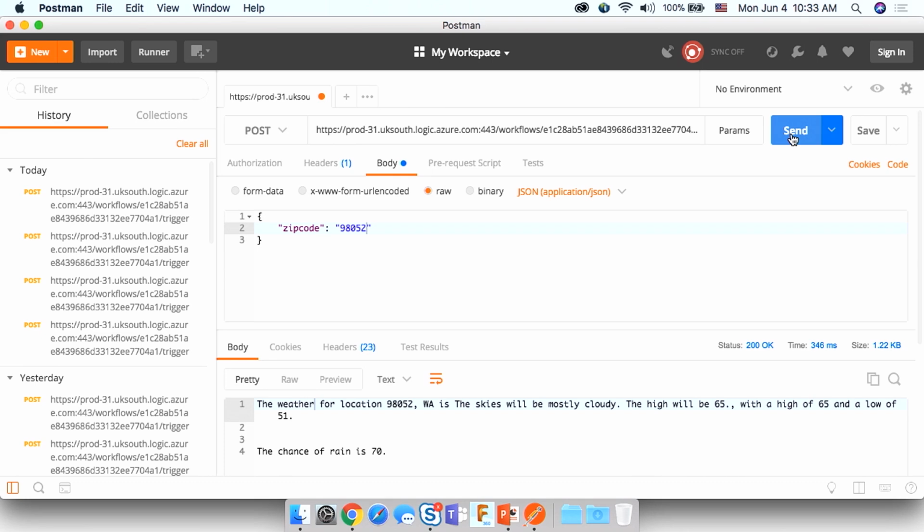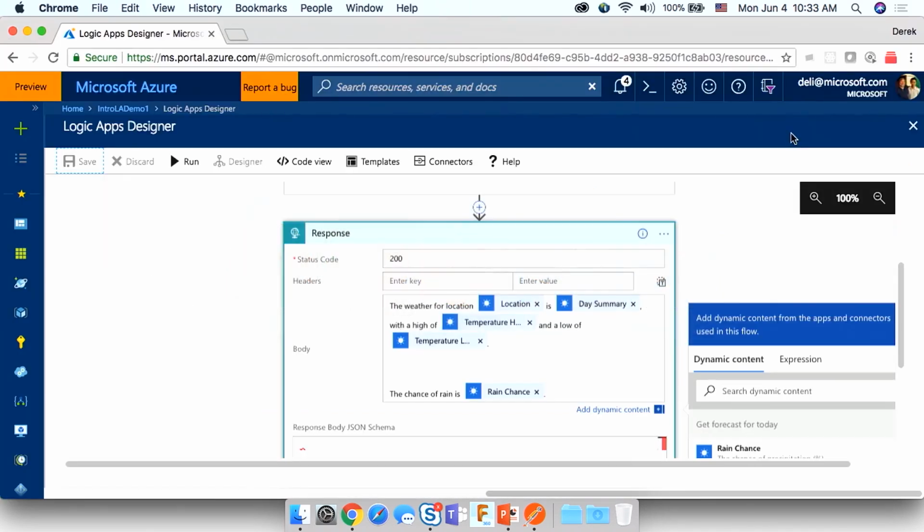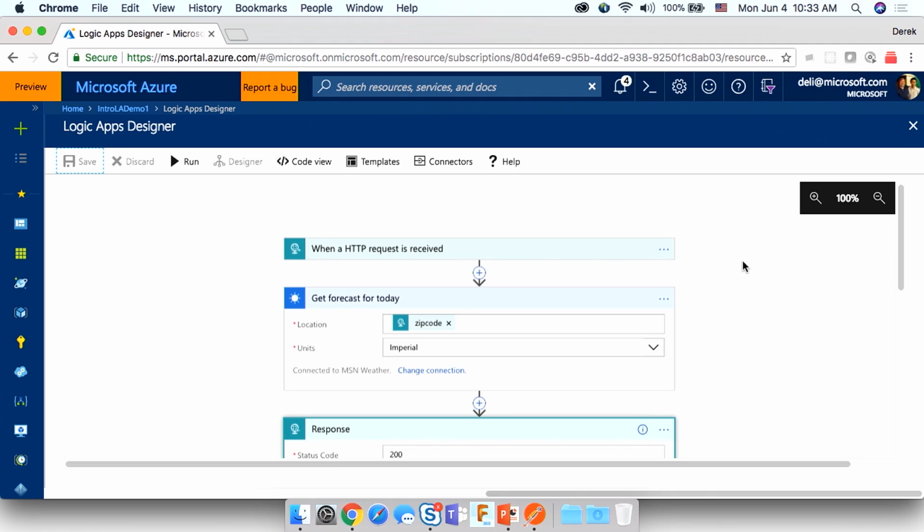This is the first demo, really, and I hope your takeaway is within 5 minutes, with a few clicks of a button, I didn't write a single line of code, but I'm able to consume the MS Embedder API without having to read a single document describing how to work with that particular API. I'm able to use the Logic App Visual Designer to consume a particular API called Get Forecast for today. I can transform the data to whatever format I want and return that to the caller.